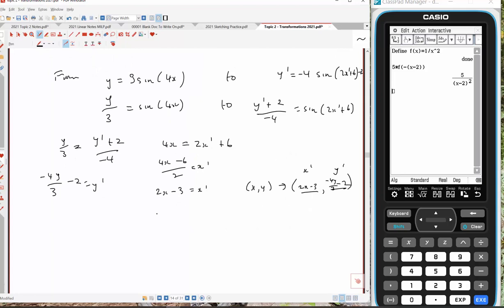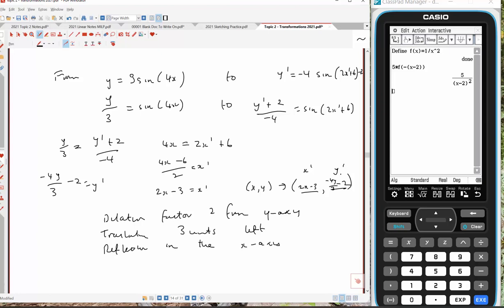Okay, so let's state them. Starting with x, it is a dilation factor 2 from the y-axis. This 3 says a translation 3 units left. Okay, we've got a reflection in the x-axis. It is a dilation factor 4 on 3 from the, which one? Dilation factor in the x, isn't it? Yes. Dilations from x change y. Dilation factor 4/3 from the x-axis,